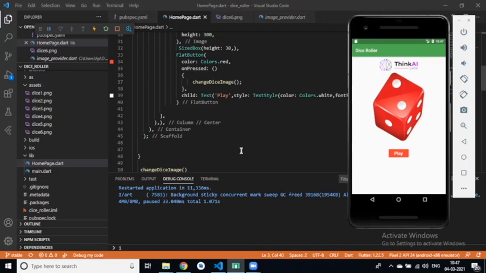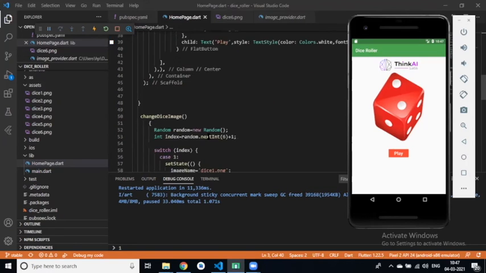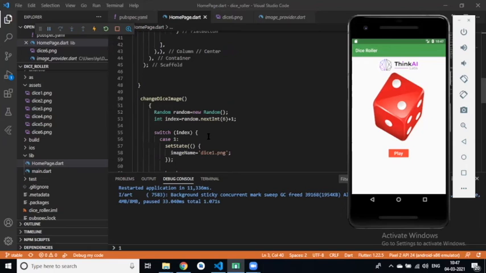That's why we define the function here. In this dice image we already created a function. We need to perform a random action, so we created a random object using the Random method. Actually, the Random class is not in the material package, so we imported the math package here.